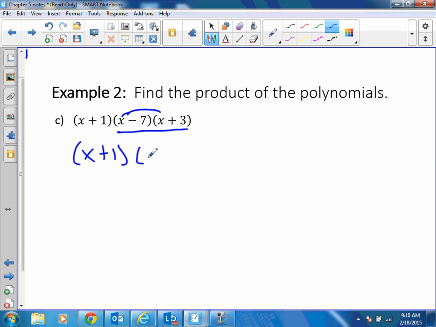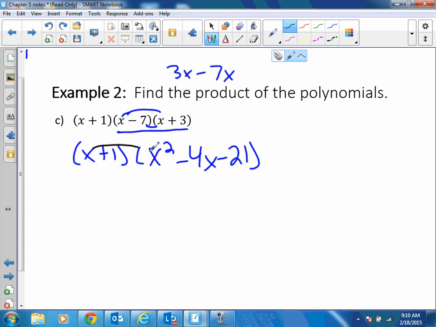So I get x squared. Not bad. X squared. And then x times 3 is 3x. Negative 7 times x is negative 7x. So that'd be negative 4x. I can always just combine the middle terms in problems like these. Then the last one, negative 7 times 3 is negative 21. Okay, so we FOILed the last 2, and now you would just distribute,